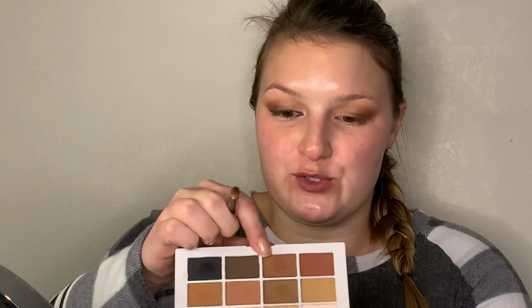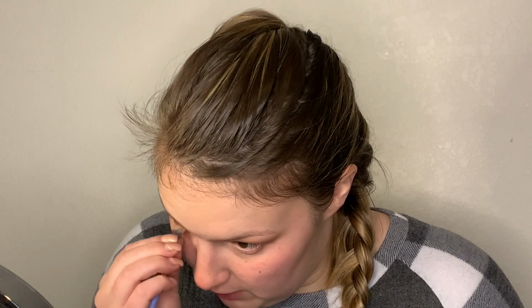And then aside from finishing the lower lash line, which we will do, actually we'll just do it now and see kind of how it goes. And then I'll do the other eye because this eye turned out pretty good and I'm kind of scared to do the other eye. Okay, but for the lower lash line, she starts with mixing 10 and 11. And she brings it about halfway, right under her pupil. And then she goes back into shade number 8, this one, and finishes it off from the pupil to the